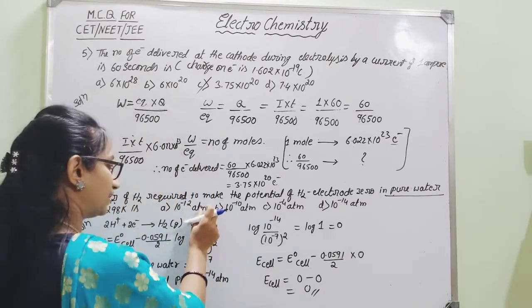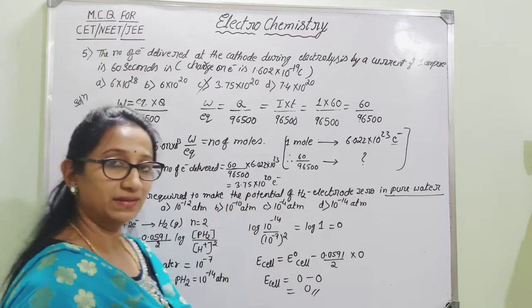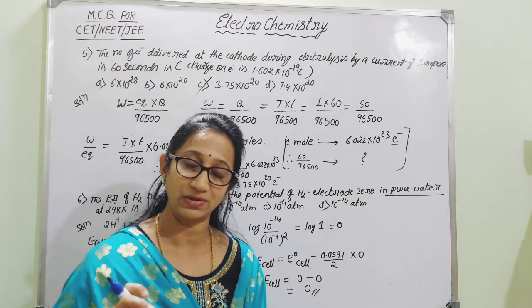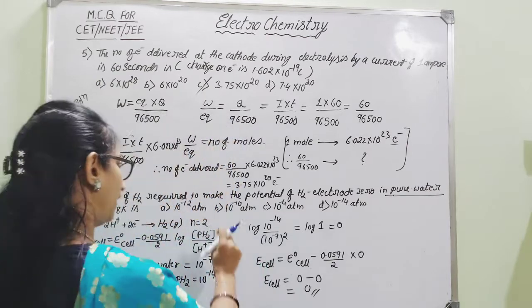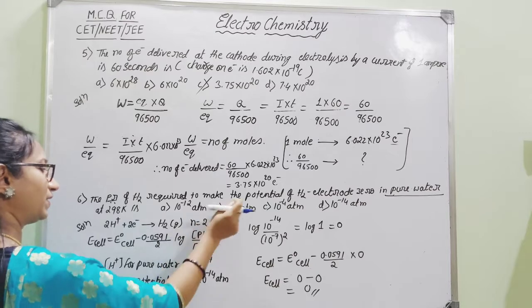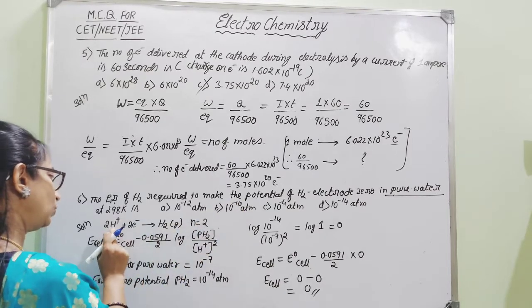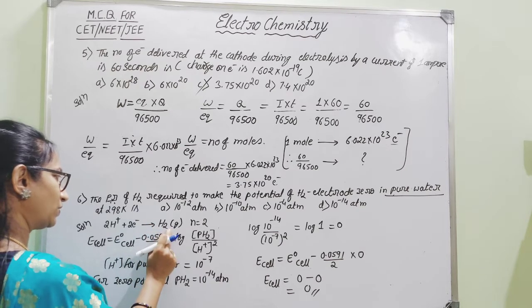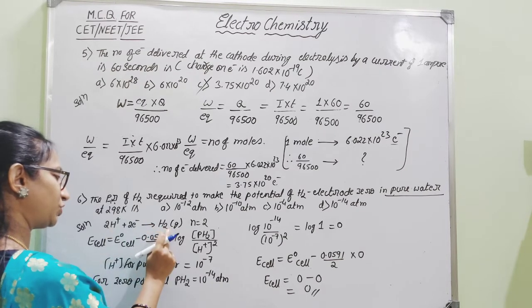Then at the same time, what pressure do you apply, so that the EMF, the E naught value, comes out as the standard reduction potential value 0? Hence first we can mention the equation according to that half cell reaction: 2H plus 2 electrons giving rise to H2. So H plus is in equilibrium with H2.